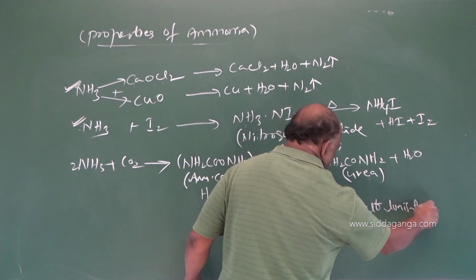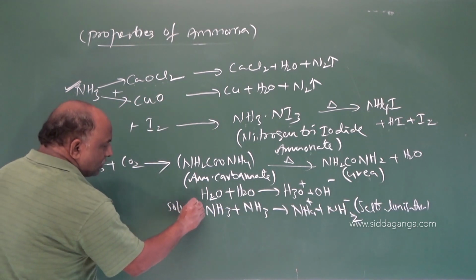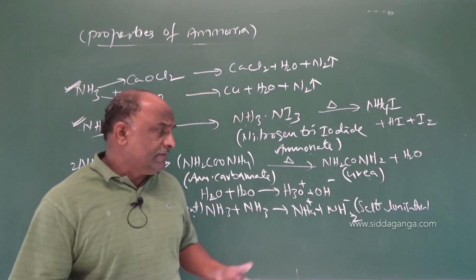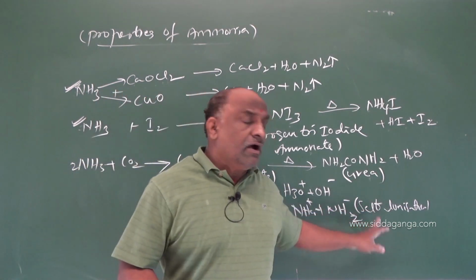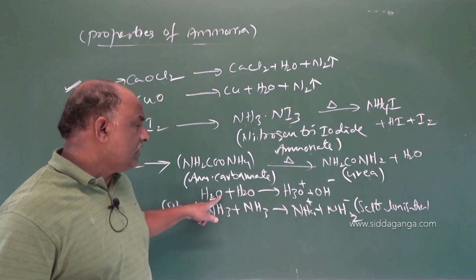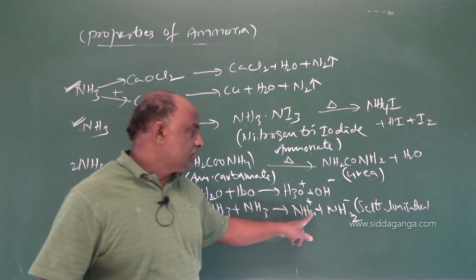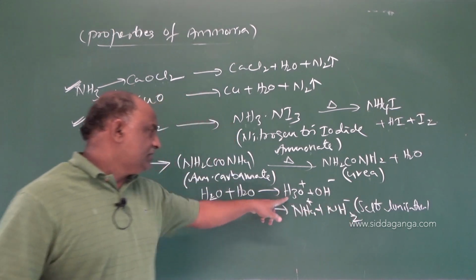Self-ionization takes place in the ammonia molecule. Due to that, ammonia is used as a solvent. So remember this reaction: ammonia is used as a solvent. Why is it used as a solvent? Because it undergoes self-ionization. Just as the water molecule undergoes self-ionization, the same technique applies here. NH3 plus NH3 gives rise to NH4 plus and NH2 minus; this reaction is self-ionization.